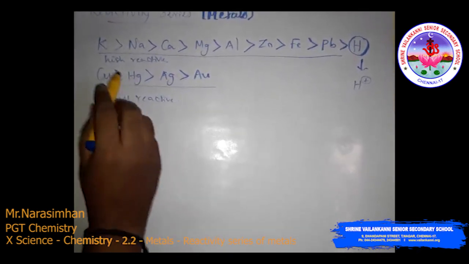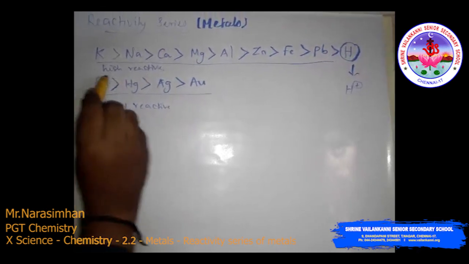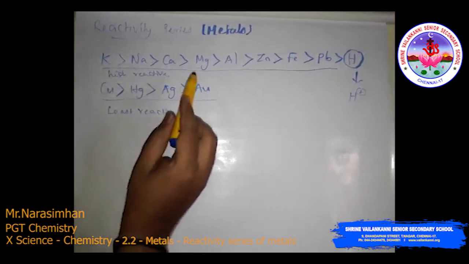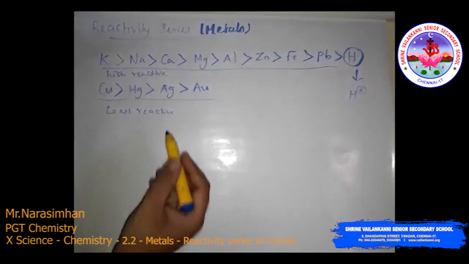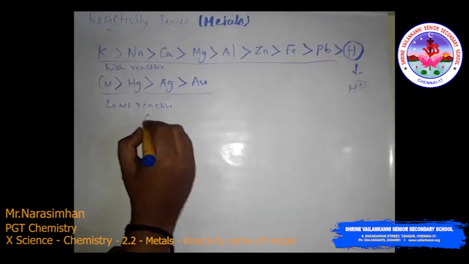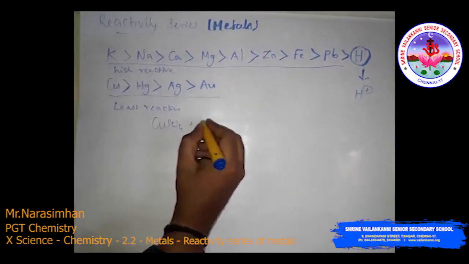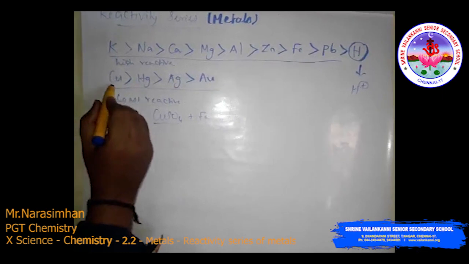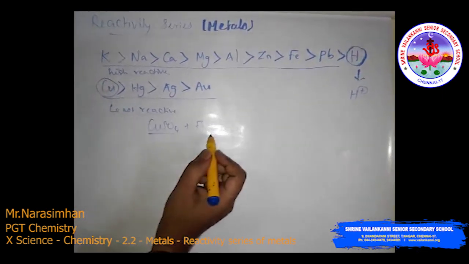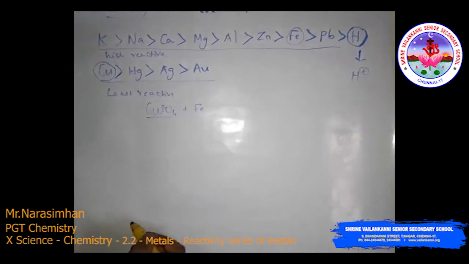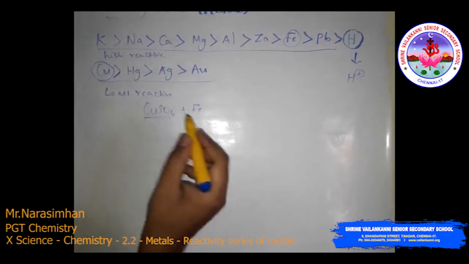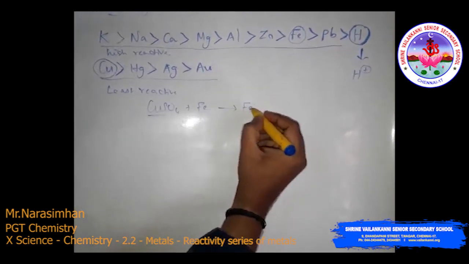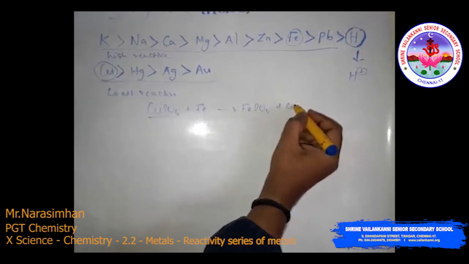See, usually there is the high reactive and the least reactive. What is the difference between the high reactive and the least reactive elements? The high reactive metals displace the low reactive metals. For example, take copper sulfate solution and react it with iron. Copper is least reactive. Look at the iron, iron is the high reactive element. So this copper sulfate reacts with iron to displace the copper. Now it forms iron sulfate, FeSO4, and Cu.